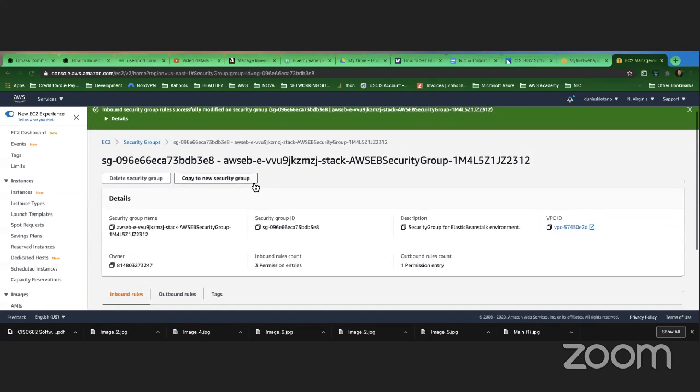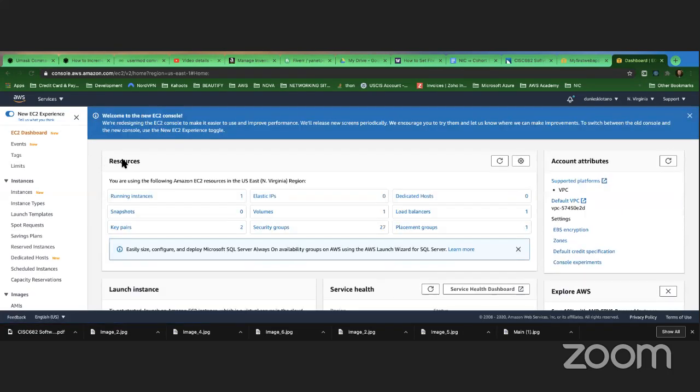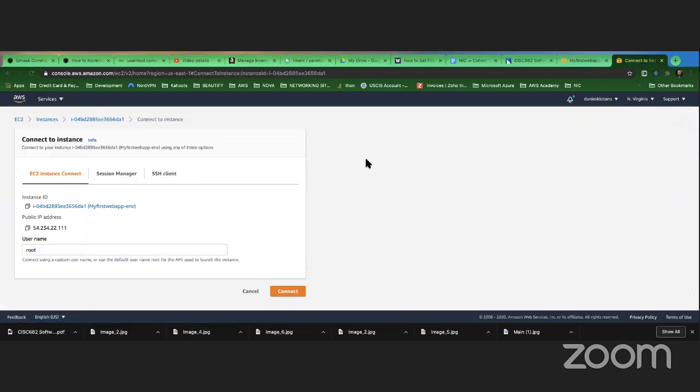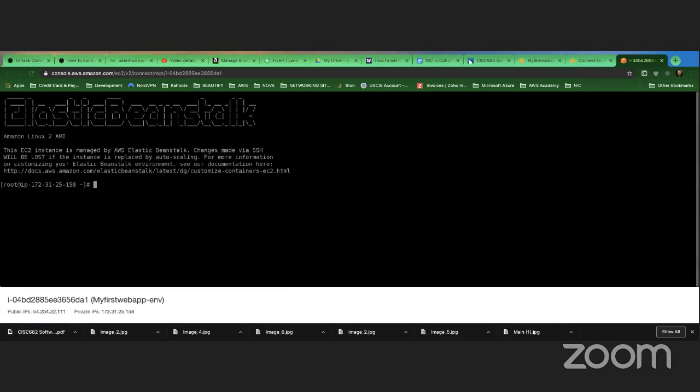So now I can do something here when I am in the EC2 instance. I can connect to the EC2 instance if I don't want to use the keys. I can connect from here. And then you can install the environment variables here. I know that's what you don't want, right?